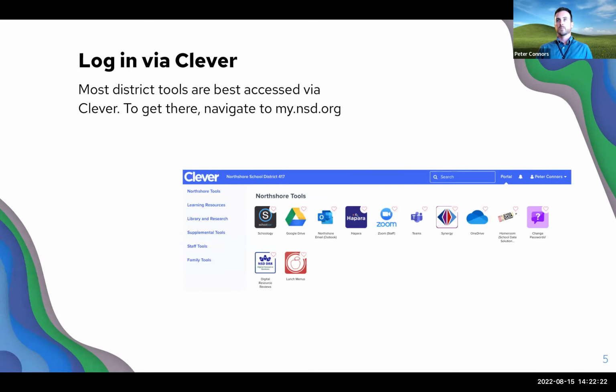If it's your very first time going there, you'll probably have to sign in with your district credentials. But once you do, you should be in what Clever calls a portal. And you can see the portal is going to have your name in the top right, and then a variety of tiles that are grouped according to some parameters that we've set up on the back end, and point you towards tools that you have access to via your district account and credentials. The beauty of Clever is that it makes it so that it's single sign-in. So I don't have to click into Schoology or Google Drive and sign in on my own. Because Clever knows who I am, it's going to tell those other systems who I am.